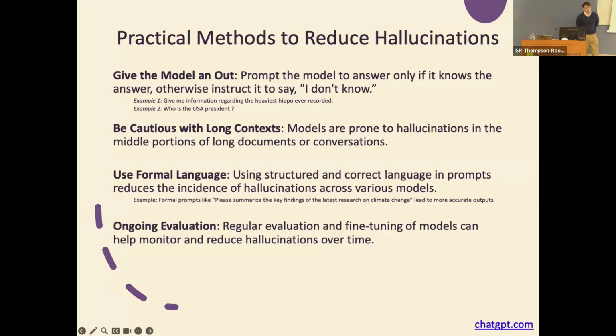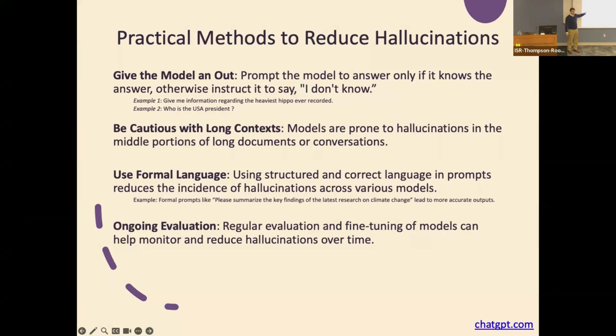Something like text might not take as much space as something like data analysis. And these are practical methods to reduce hallucinations. So telling it it's okay to say, I don't know, that's number one. Be very cautious with long context. What happens is that if you provide an extremely large prompt, it'll do a really good job of understanding the beginning and the end, but not the middle. I'm not sure if I learned that behavior from us, but it seems like it's that way, right?